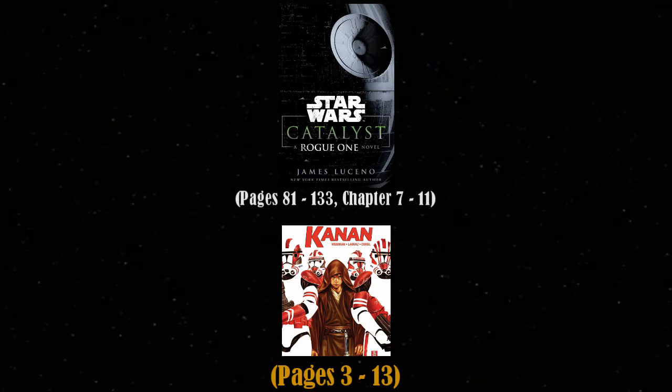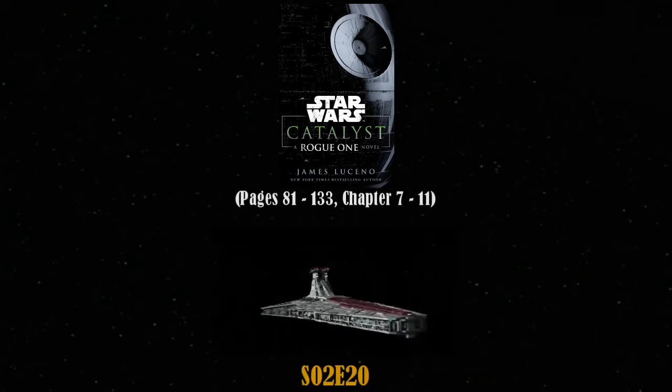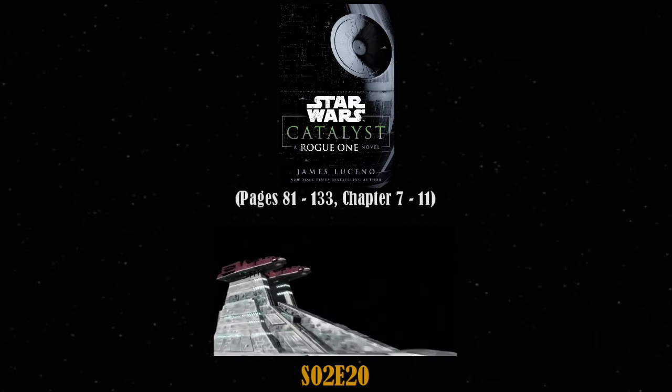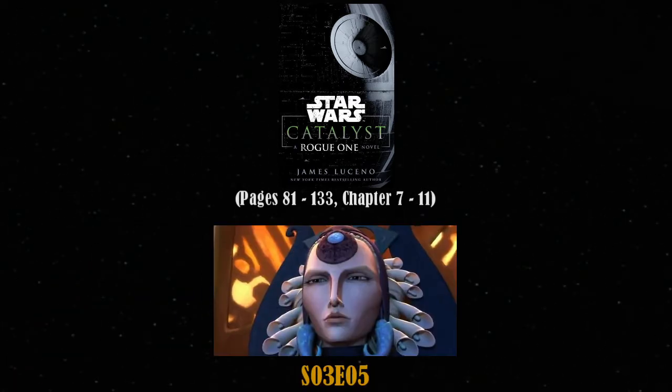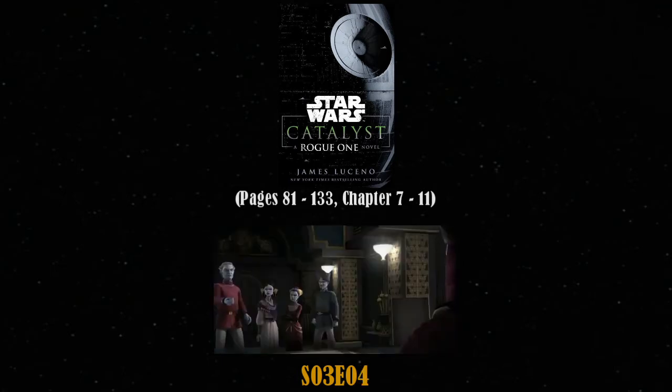watching the rest of the Clone Wars series, which you watch, as I must remind you, while you're still reading, slowly I suppose, chapters 7 to 11 of the Star Wars novel Catalyst. And so while peering out over the top of that novel, watch the Clone Wars Season 2 Episode 20 to Season 2 Episode 22, Season 3 Episode 5 through to Season 3 Episode 7, Season 3 Episode 2, 4, 8,